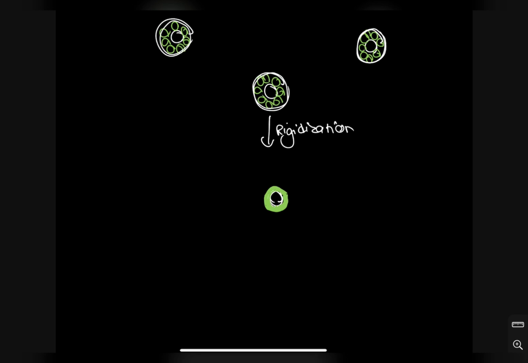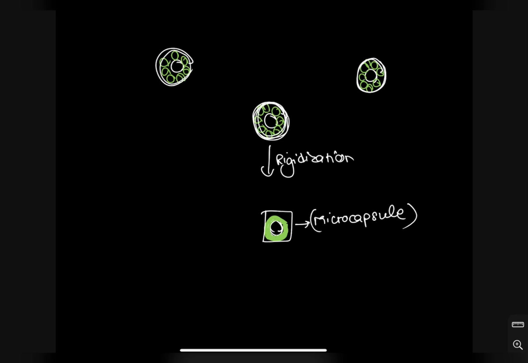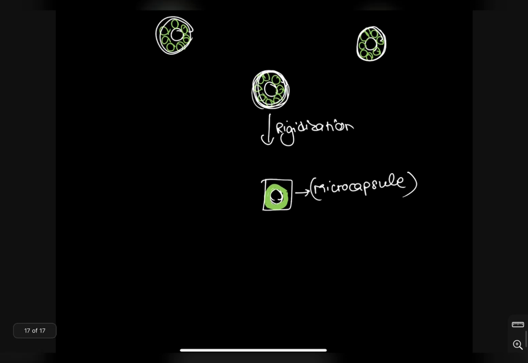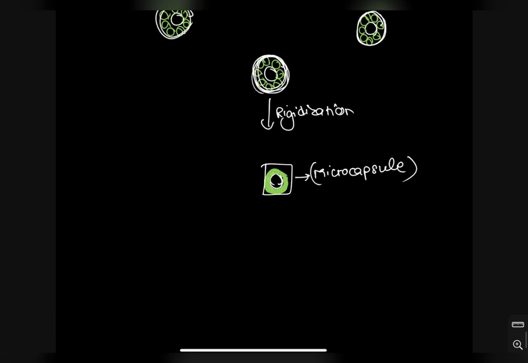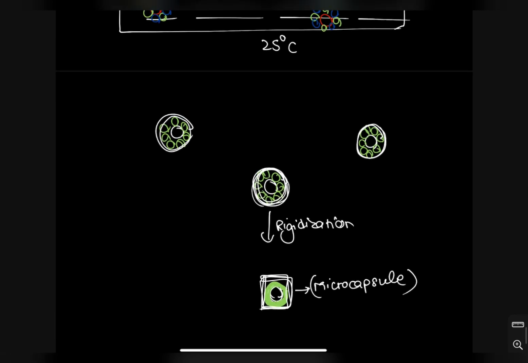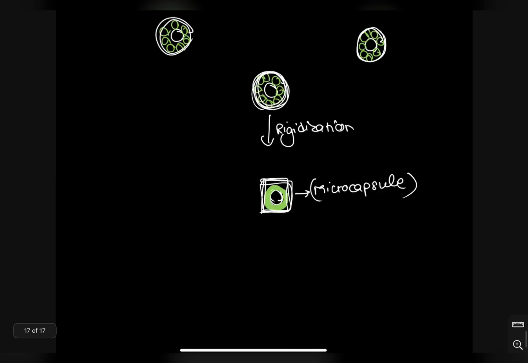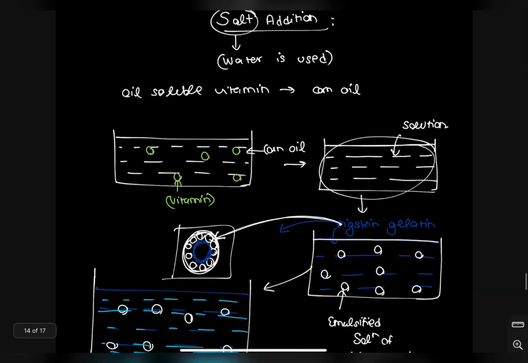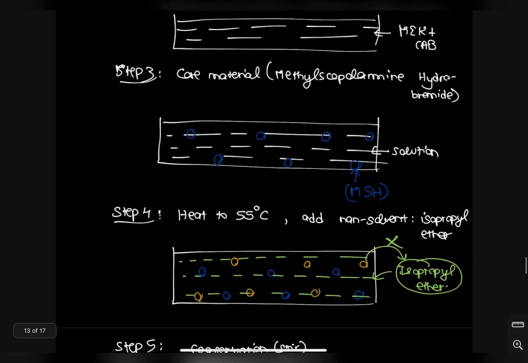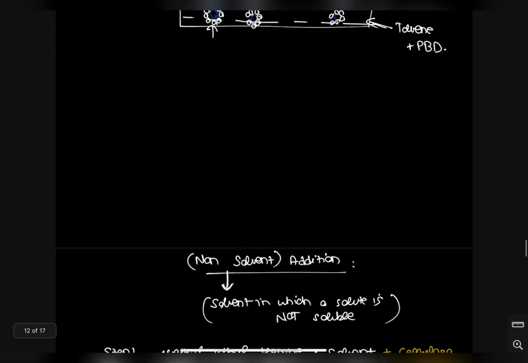This will be the final microcapsule, which is actually not as fragile as this one, because the bond between the coating material particles is not as good as the one we have after rigidization. Okay, so rigidization is the last process, but except for that, you just have to explain all of these different types of methods to separate the phases in the exam.